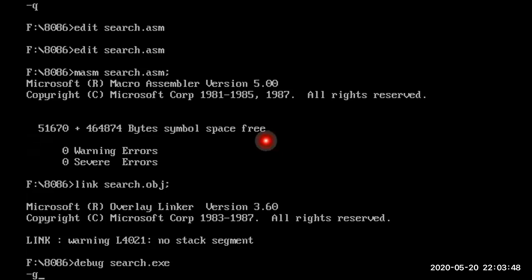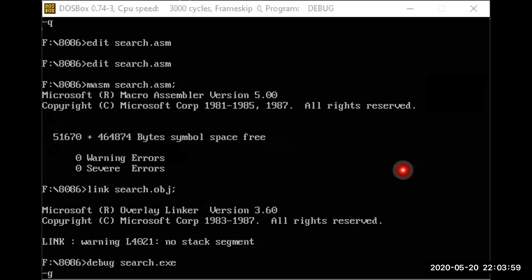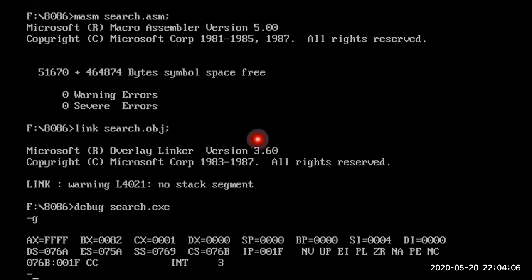And whatever the number I am searching, that number you should get into the BL register. Here AX equal to FFFF. So whatever the number I am searching, you got into BX. BH is 00, and that number you are copying into BL. So BX equal to 82H. That is my result.